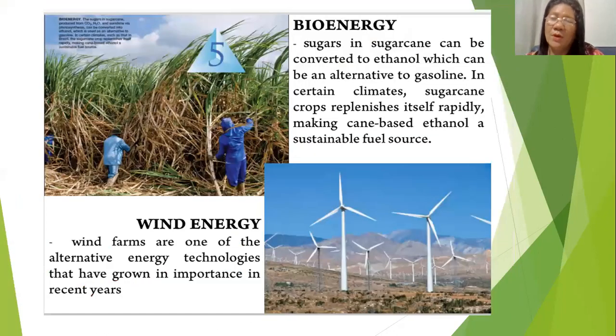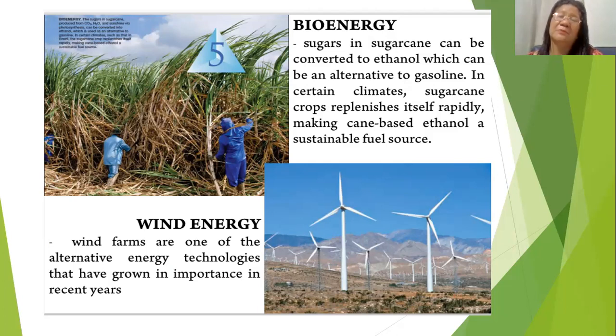By the way, if you talk about energy in physics, we already know that it is defined as the capacity of doing work, or the quantitative measure of an object, which is applied to an object in order to execute work. And in your high school, you already know that there are different forms of energy. One of these is bioenergy. Can you still remember what bioenergy is?